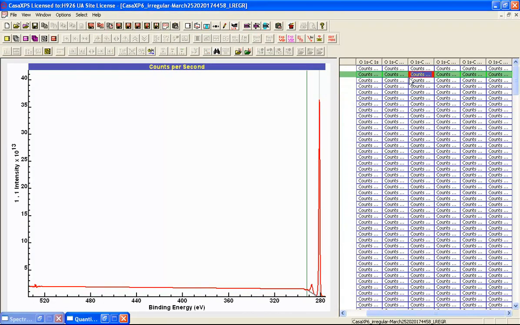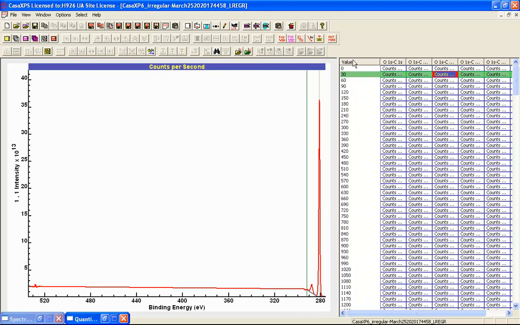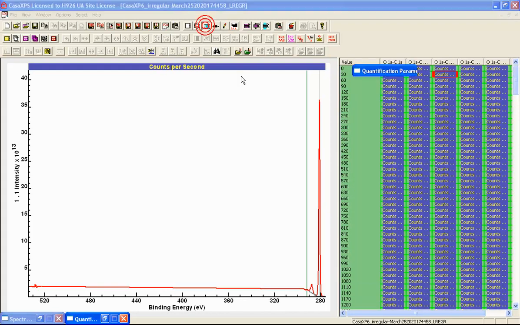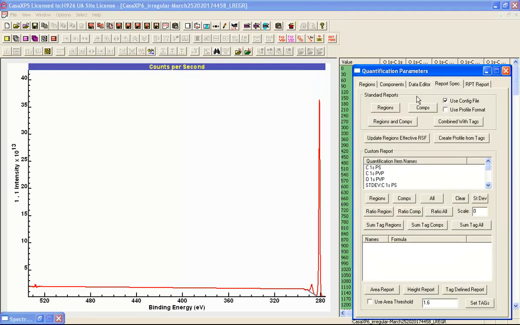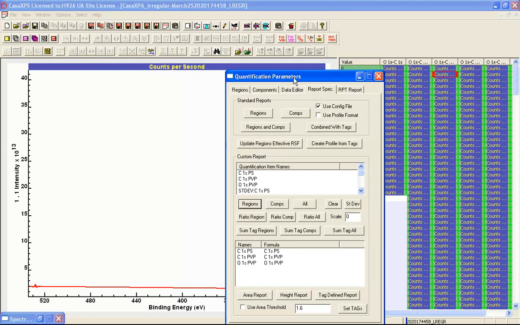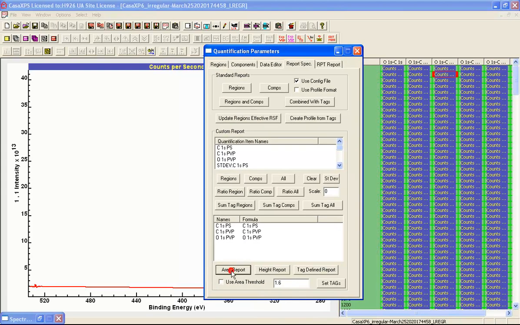So we now have a region, and the name for this region is important just as it was for the PVP. So when I do the calculation of the depth profile using the custom report, the names will be used as part of the calculation of the profile, and if the name is repeated, as in the case of both the polystyrene and the PVP, they are both repeated in two different columns, but because they both have the same name, they'll be automatically summed when I create the profile based on the selection. So I now say area report